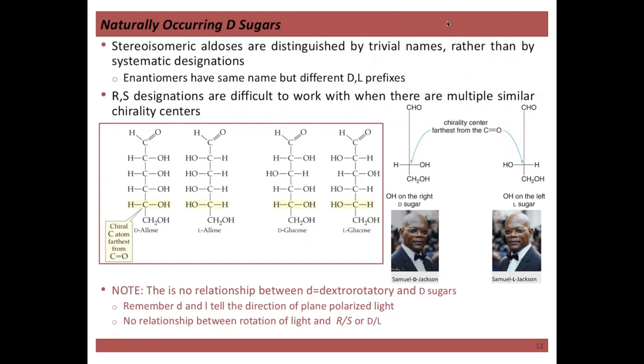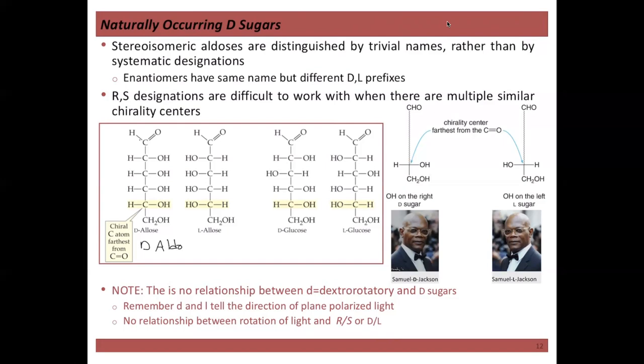But what you need to know is that D and L refers to the chiral atom furthest from the highest oxidized group. So when we draw it in the Fischer projection, we come down. That is the chiral center furthest from the top. Notice that the OH is off to the right, and so that's classified as a D sugar. It has a specific name, allose, that we'll talk about in a second, but we would generically classify this as a D. It is an aldose sugar,